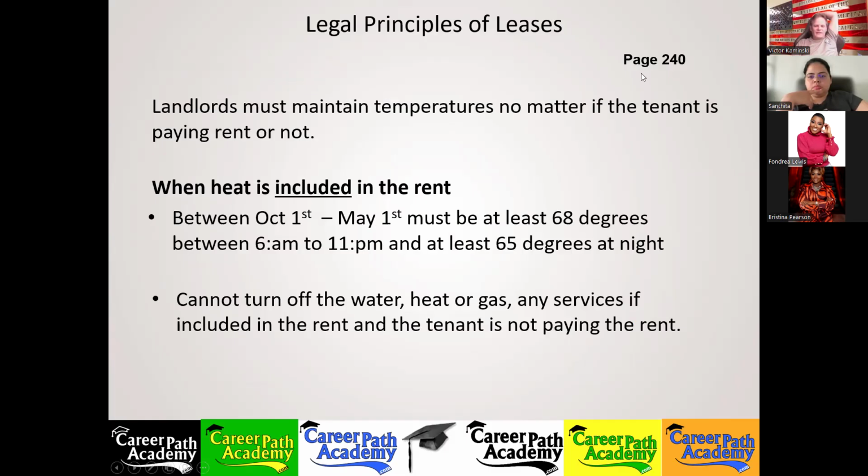All right. And about landlords maintaining the heat, this used to be an exam question years ago. I haven't had any students come up to me and tell me that they heard it on the exam, so I wouldn't know if it's still an exam question unless they did. But I haven't heard any students tell me that this was on exams anymore.